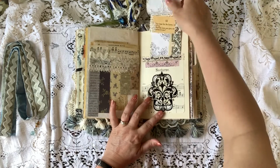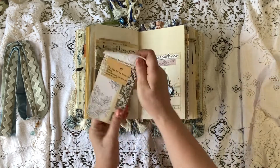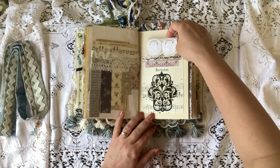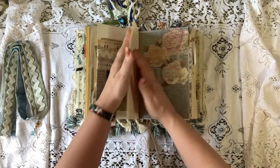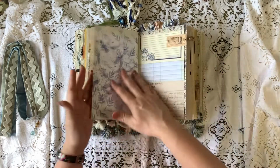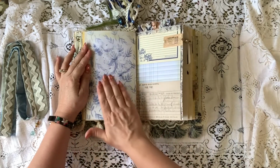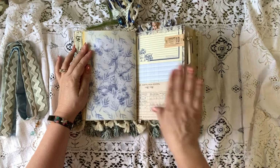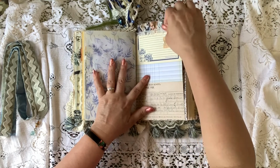Here is a pocket with a journaling card. That is some more of my tea-dyed paper on the back. It's a lot of music paper through here. There's some stamping or stenciling and reverse stencil stamping that I do. This is a recipe card,